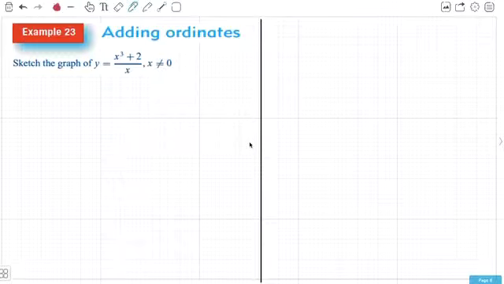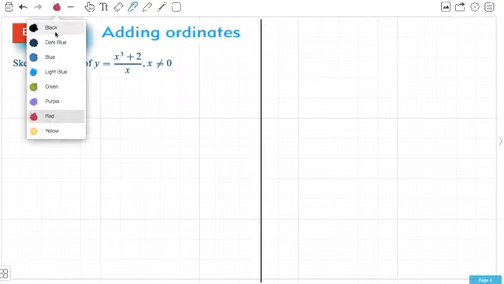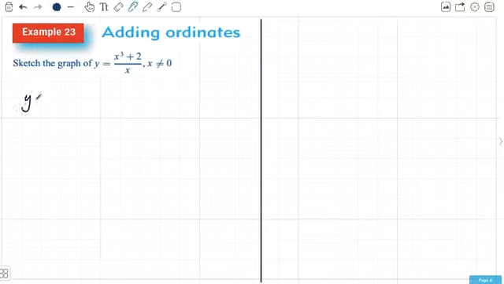Okay, last addition of ordinates example. We'll do this one nice and quick because we really get the vibe of all these now. They're very similar. So I've got my graph y equals (x cubed plus 2) on x. I can see here that x is non-zero, so that automatically will be my vertical asymptote. I'm going to write this out split up as two things, and cancelling this down, this will be x squared